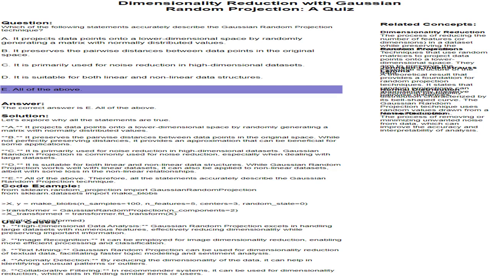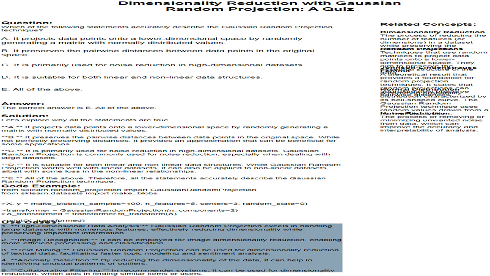from sklearn.random_projection import GaussianRandomProjection. from sklearn.datasets import make_blobs. X, y = make_blobs(n_samples=100, n_features=5, centers=3, random_state=0). transformed = GaussianRandomProjection(n_components=2).fit_transform(X). print(transformed)